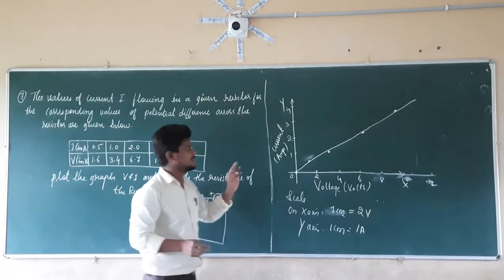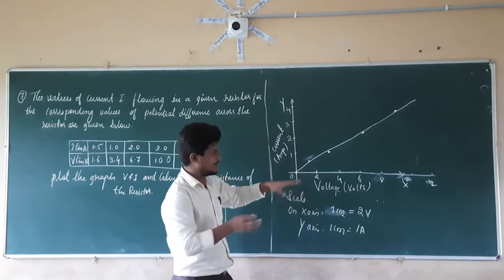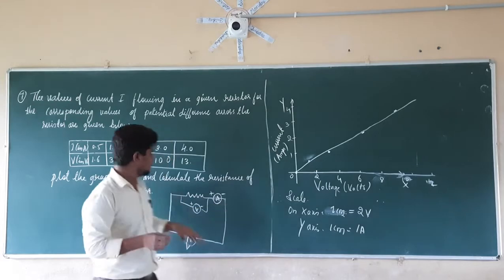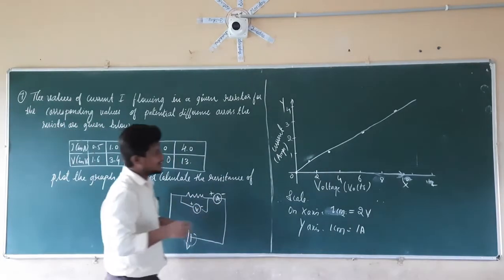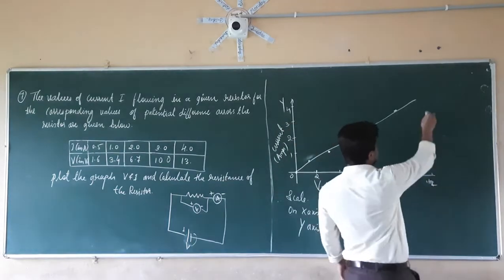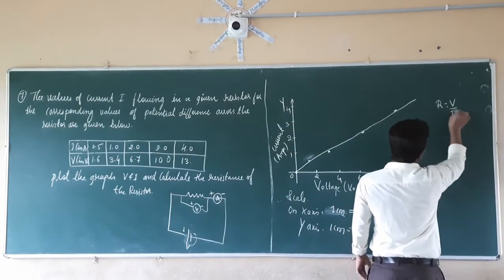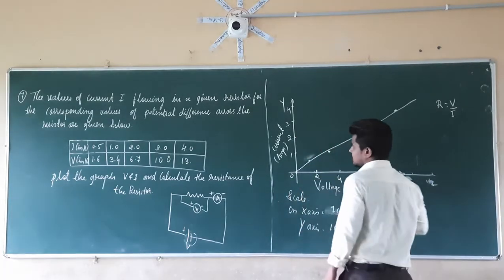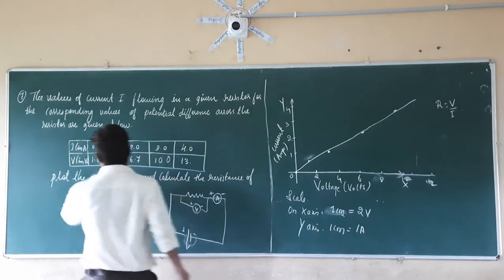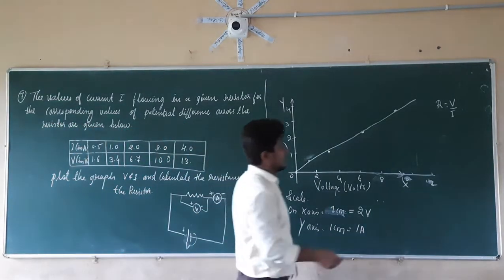So instead of this, always remember you should take the voltage value. Always take like this only. To find out the resistance of the conductor, I am going to take these values. So let us consider the resistance. By Ohm's law, we know that R is equal to V by I. R is equal to V by I. So let the resistance at point 1, that is nothing but at 1.6 to 0.5, be R.